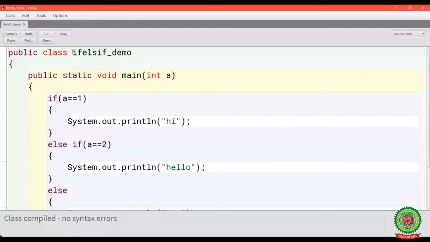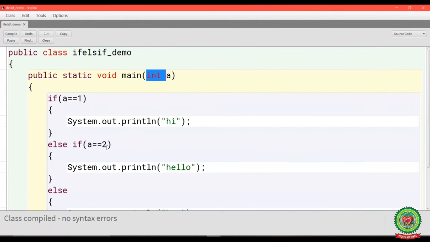Now I have created here a class named ifelseifdemo to demonstrate the working of the if else if statement. Here I have taken a variable a with data type int. My first condition is if a double equals 1, then System.out.println hi.